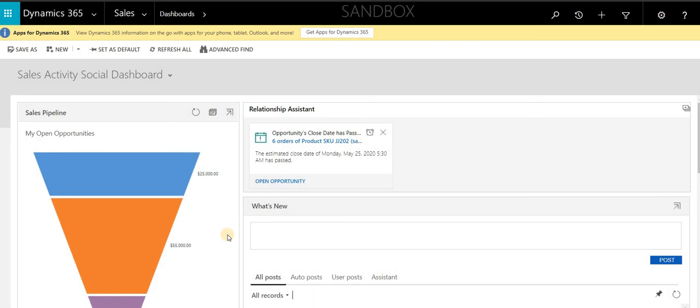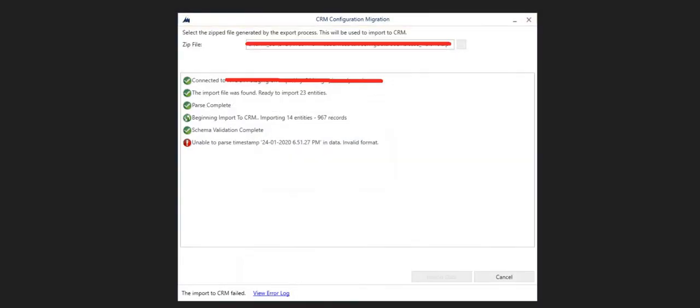So the summary of the issue is something like this. Okay, let me first show you the issue. When we are doing the import, that is when we are pushing the data into the target, we got a similar issue. This never happens all the time.